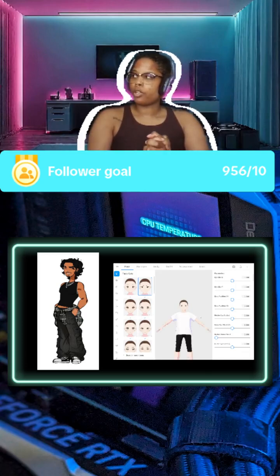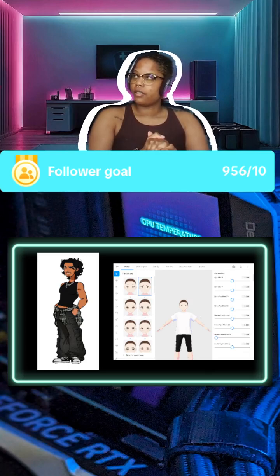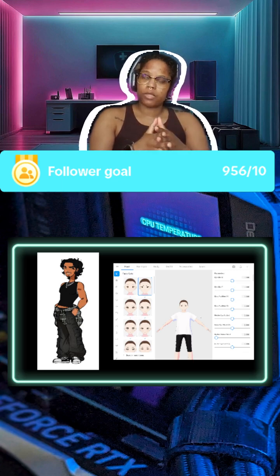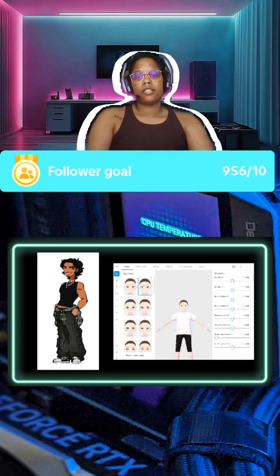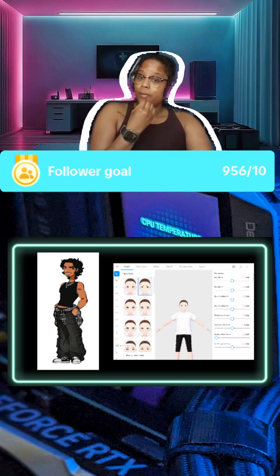What's the word I'm looking for? Canvas to work on. But it's not a canvas, it's a 3D model. And on the left hand side, you have all the different categories that you can customize. You've got eye sets, irises, eye highlights, scleras, eyebrows, eyelids, eyeliner, eyelashes, nose, mouth, inside of the mouth, which I'm